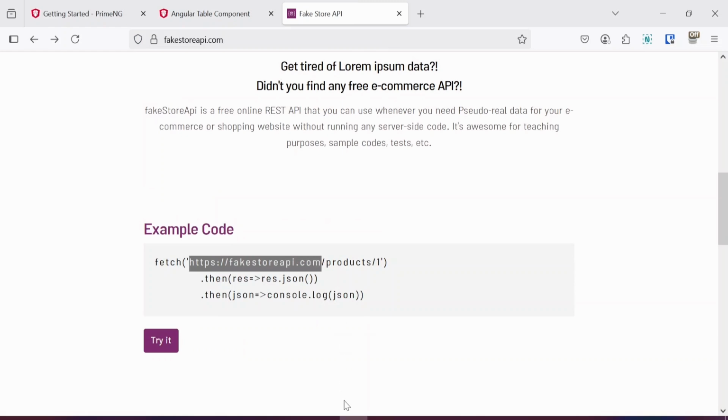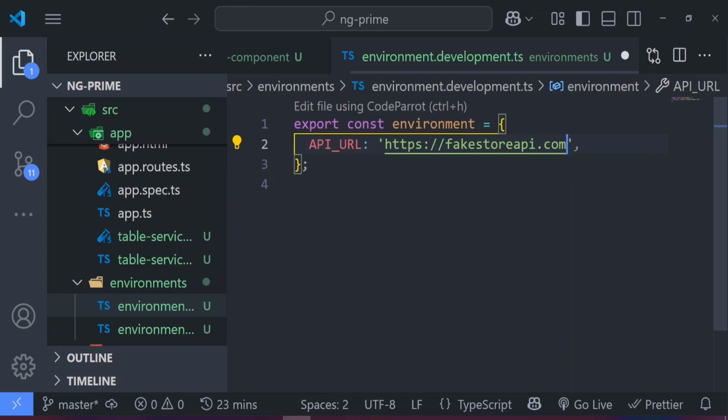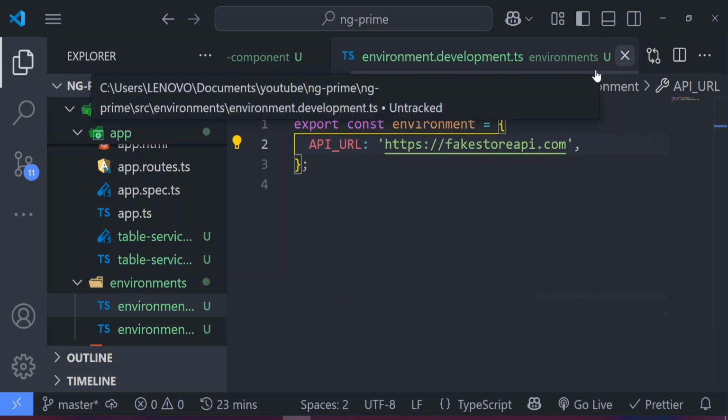https://fakestoreapi.com, and then I'm going to copy that, head back to the code, Visual Studio Code, and click on save. This is all we need to do in our environment.development.ts file. So I'm going to close this, and then the next thing is we're going to configure the